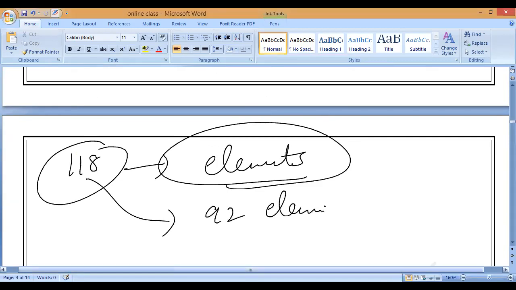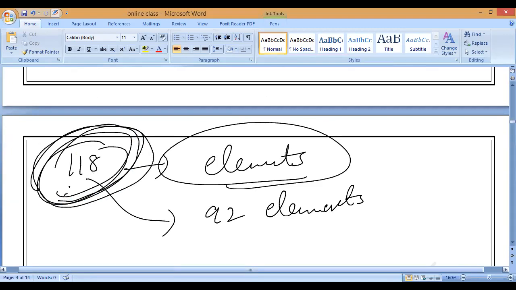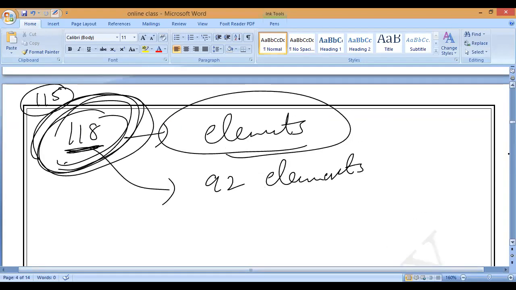Why, sir? There are 3 elements missing in the textbook. Remember, this count of 118 elements is not constant. Some books will say 105, some books will say 108. Both are correct. 118 is also correct. Missing means the textbook was printed before. The latest, updated count is 118, but if you go 2 or 3 years back, the element count is 115 only.